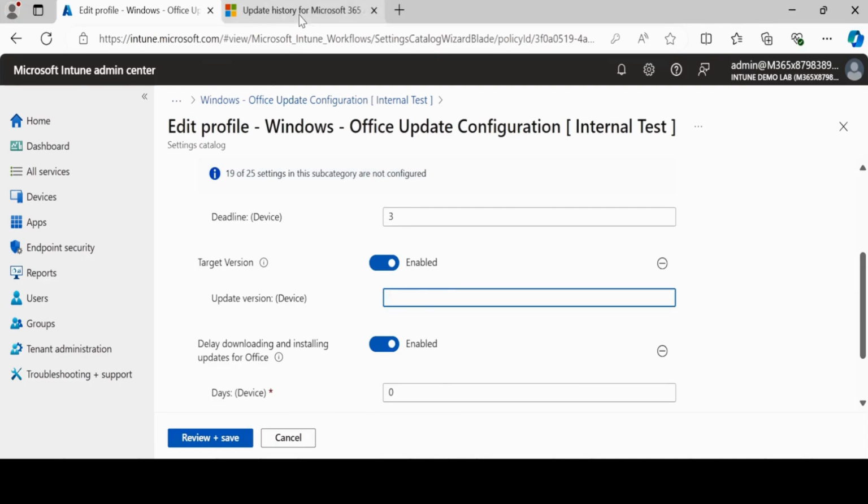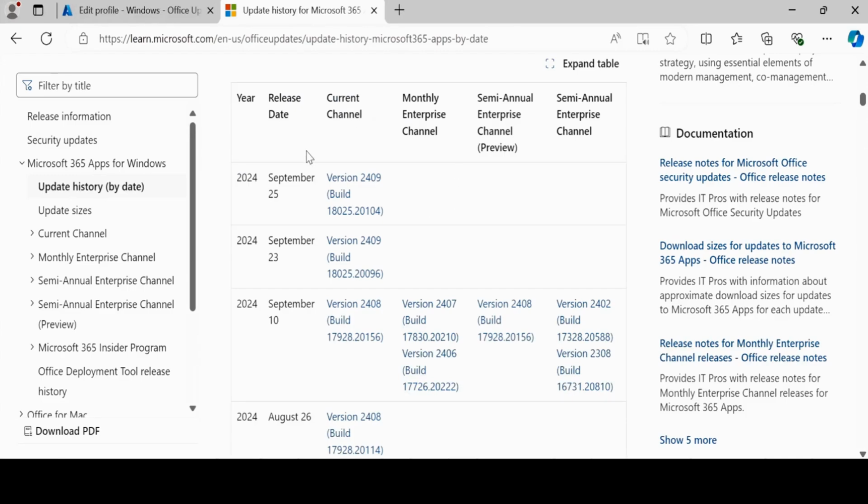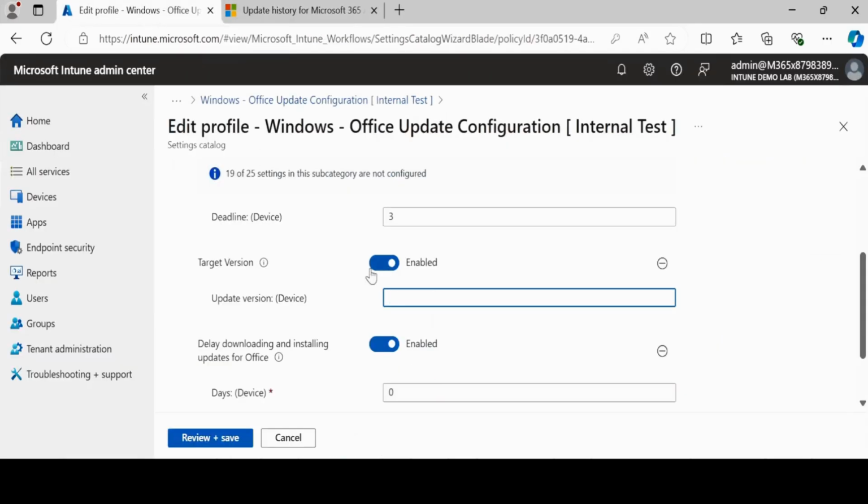So we have to go to the Microsoft documentation to check the update history, and we can see that for the monthly enterprise channel this is the latest version. Let me copy this version and then go back to the Intune portal. Here we have to type 16.0 and then paste the version which we copied.